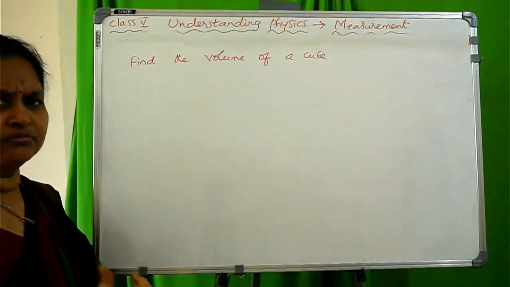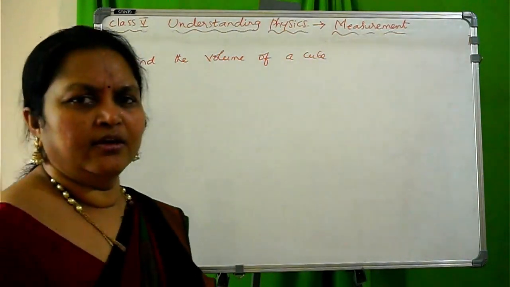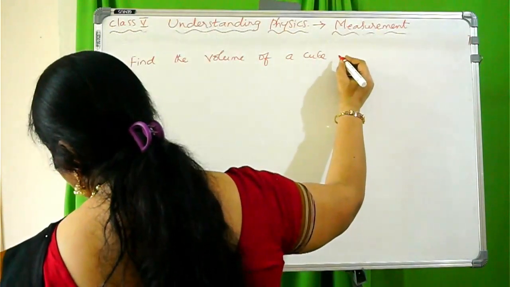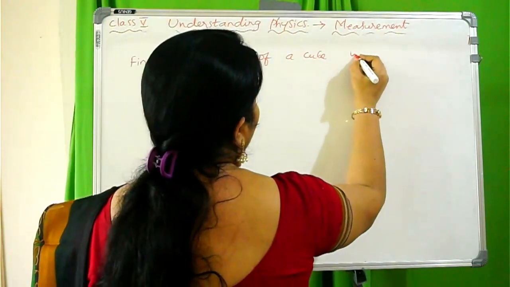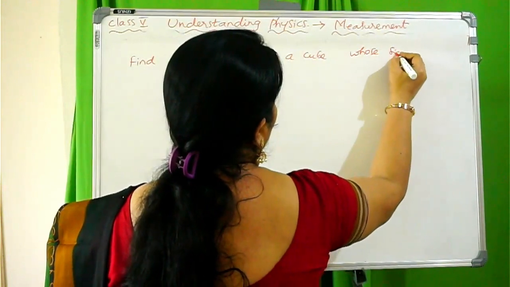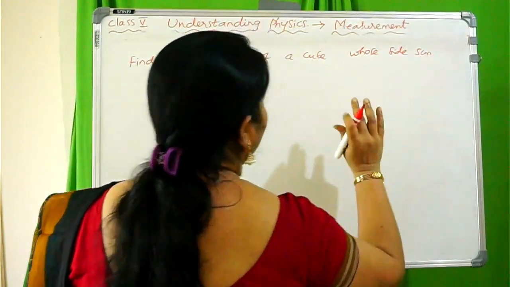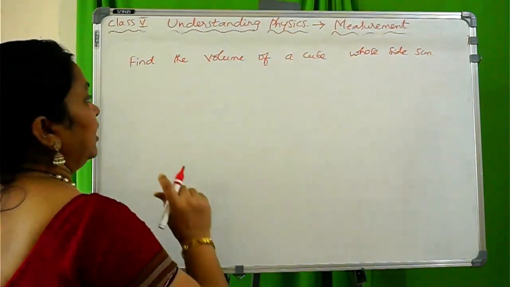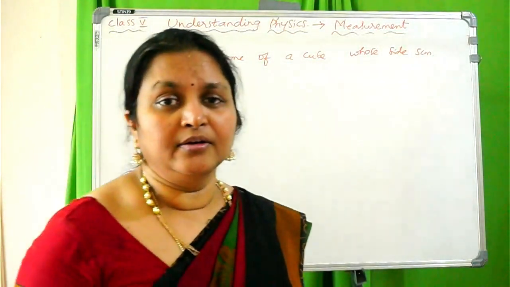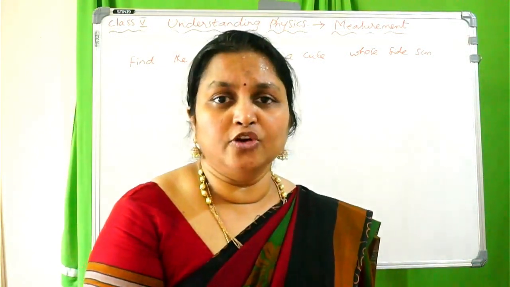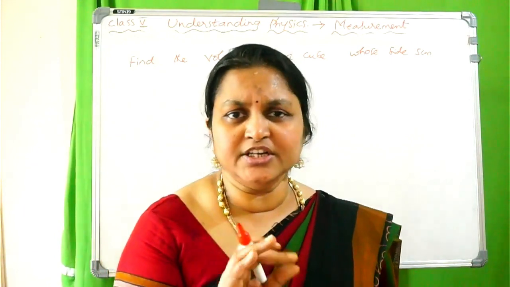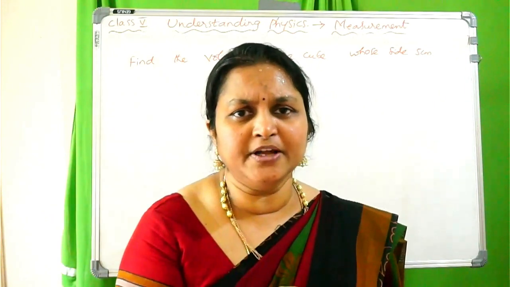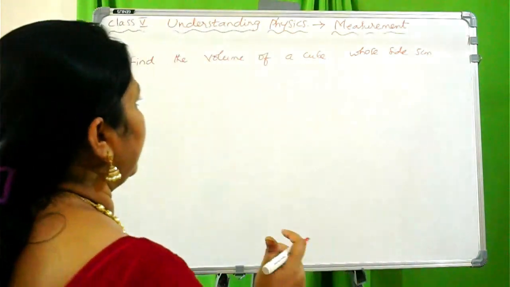Take your own value. How much value do you want to take? Choose which number you like. Okay, I like 5. Okay, now volume of a cube whose side is 5 centimeter. Whatever the number you like, you take that number. Now what I said when we were discussing the volume of a cube: in a cube all sides will be equal, so each and every side is equal. So the length, breadth and height, all 3 are equal, so we have to multiply the given side 3 times.